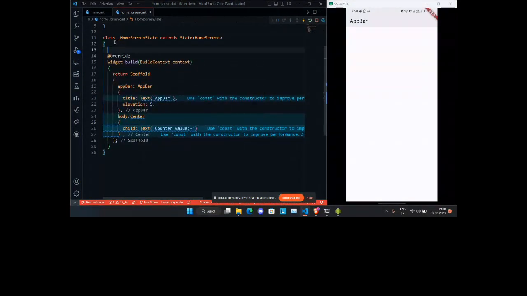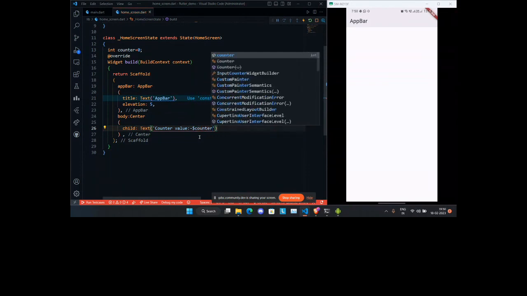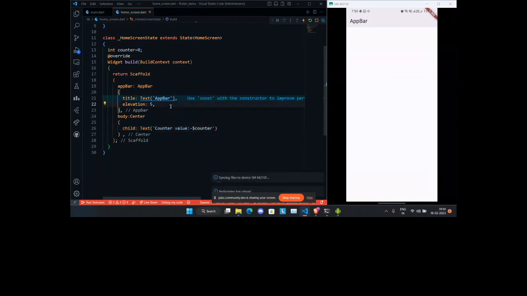And what we can do here is, let's declare an integer called counter and initialize it to 0. Okay, counter value 0.